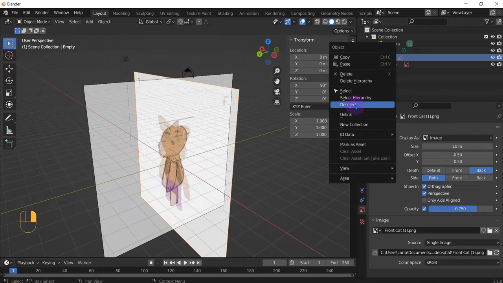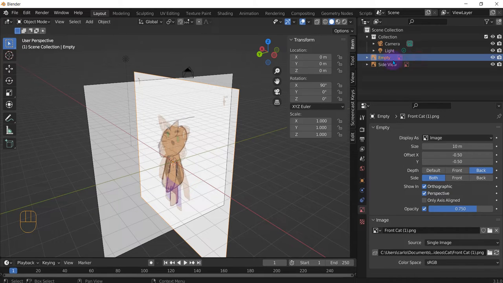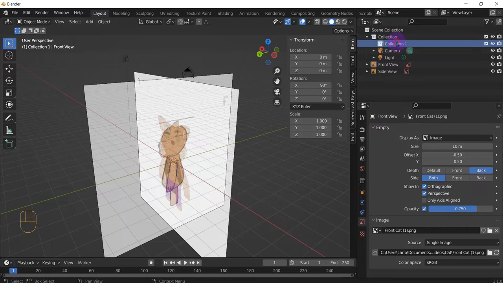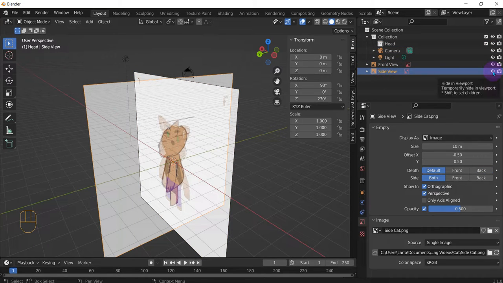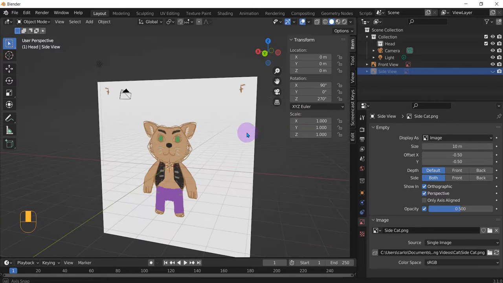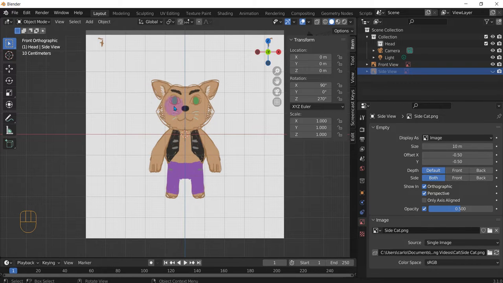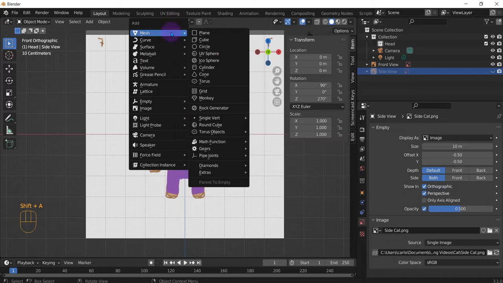Really good thing to do while we're setting everything up is to label things correctly and make collections here. So for the head, we're gonna do a new collection, which is just head or cat head, up to you. We're only focusing on the front view for now, so put the side view right here, out of view. All right, so press 1 to view the front view, and let's add Shift A mesh round